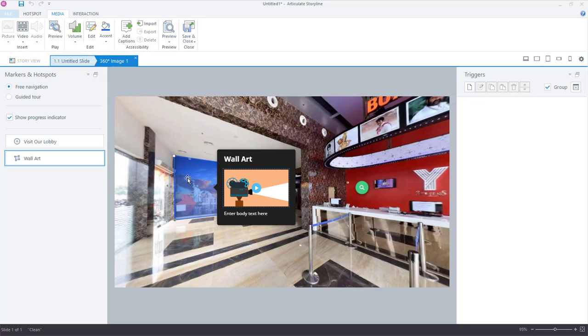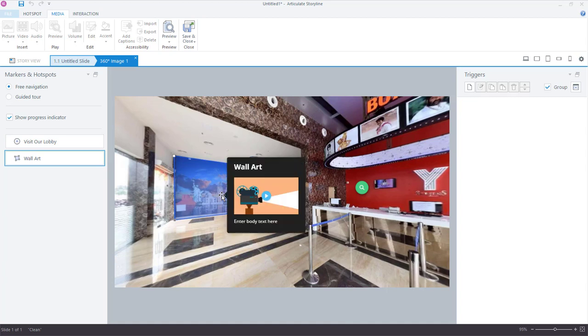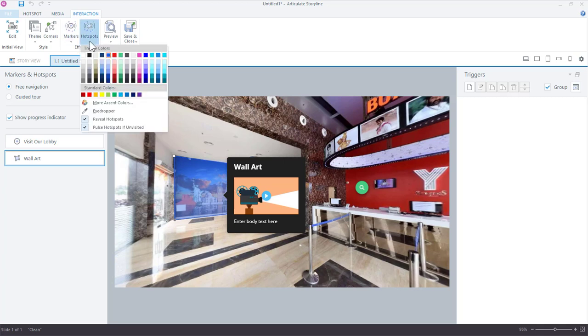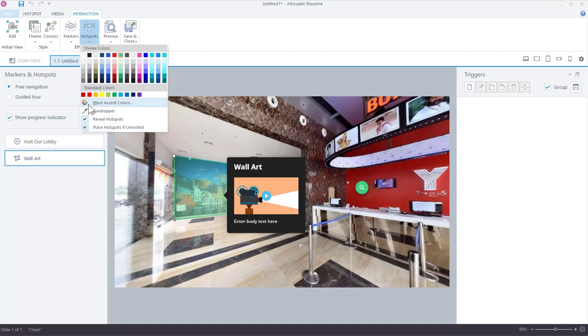Okay, so we also have the ability to customize the color of the hotspot if you wish to show it. So with the hotspot selected, come up to the ribbon, and this time click the Interaction tab. And so for the hotspot, we can choose a different color here. And again, just like with the markers, all of our colors are coming from our theme colors. So if you want a green color, you can choose that. And you also have the option to control whether or not the hotspot pulses if it hasn't been visited, if it hasn't been clicked, or also to include this green or blue or whatever colored shape that you have for that hotspot. So let's take a look at how this works.